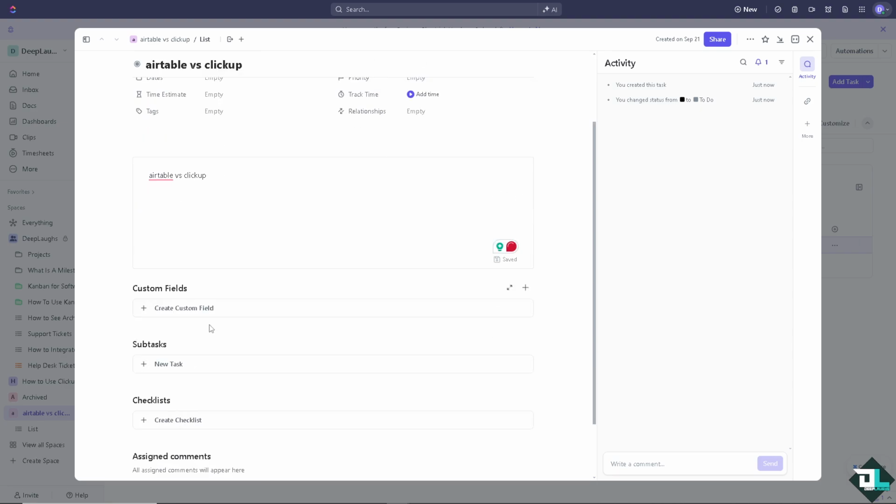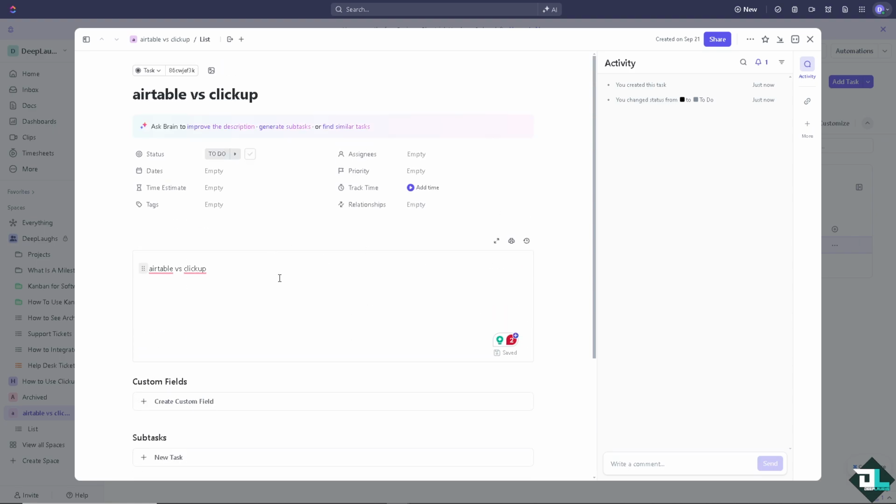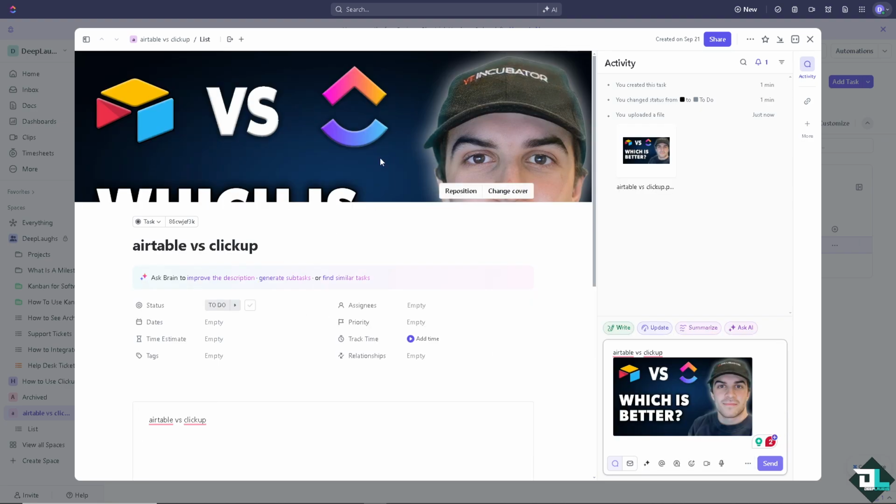You have all these fields, subtasks, and checklist. If you wanted to attach some information here, you are welcome to do so. Now, teams can collaborate on this specific task. You can put in an assignee right here. You can put in a comment here in the section, for example, that. You can attach some files. As you can see,